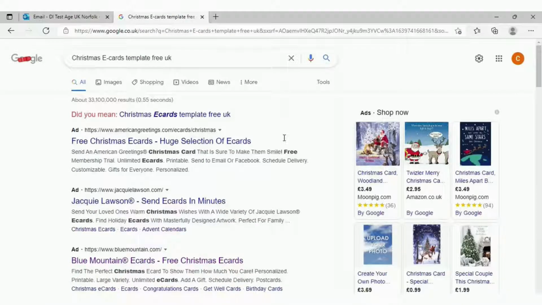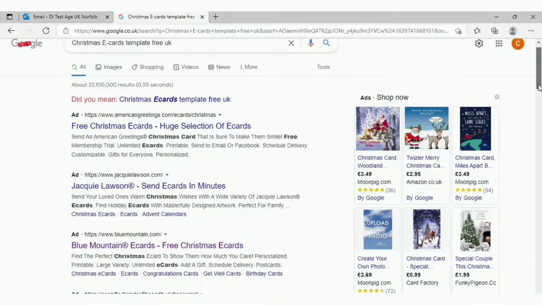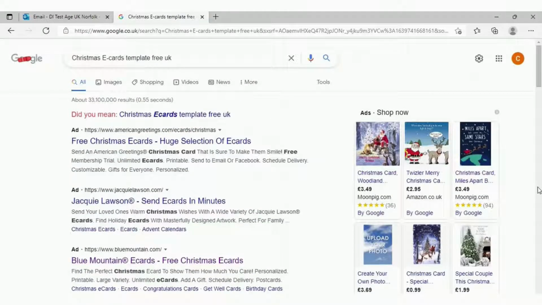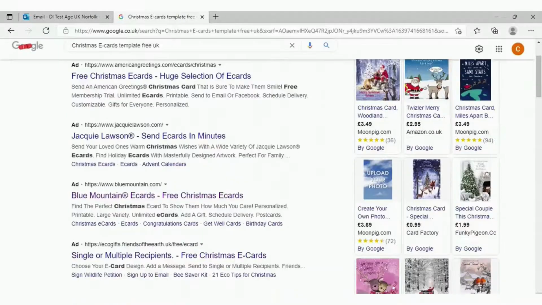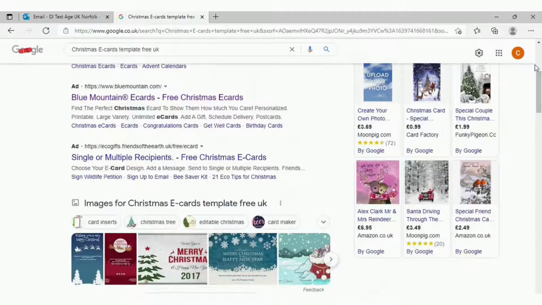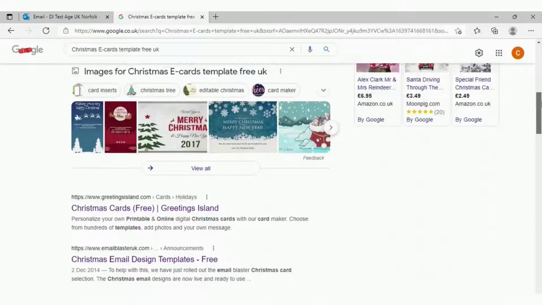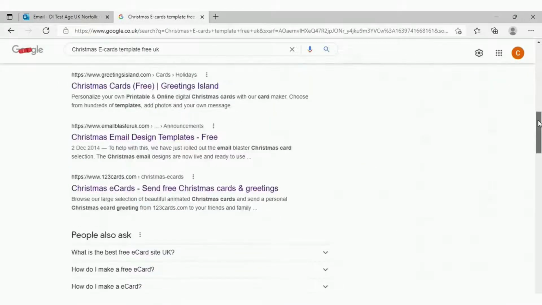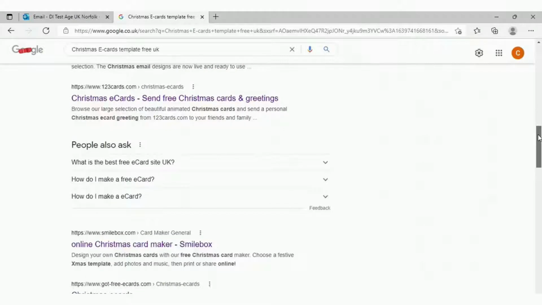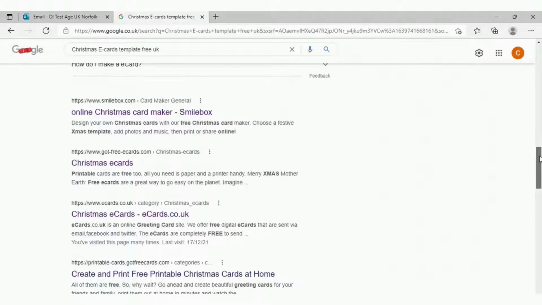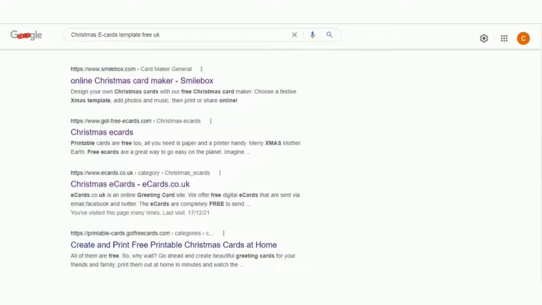So this has taken us to the listings, which show us everything available that matches what we've searched for. And as you can see, this gives us many options to choose from. So I'm going to scroll down the first page of options to see if any of these resemble what we are after today. If you recognise any businesses or websites within the options, then I would say this is a good place to start. Otherwise, you can scroll through the options using the scroll bar on the right of your screen and have a read of their description to see if they sound like what we are searching for today.